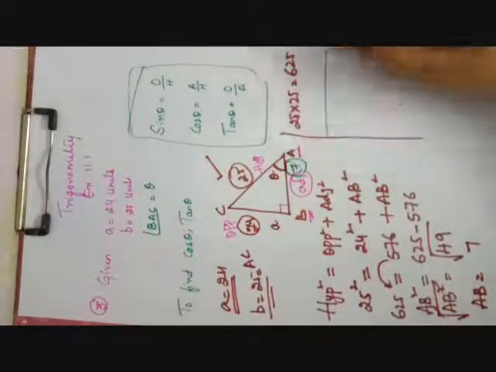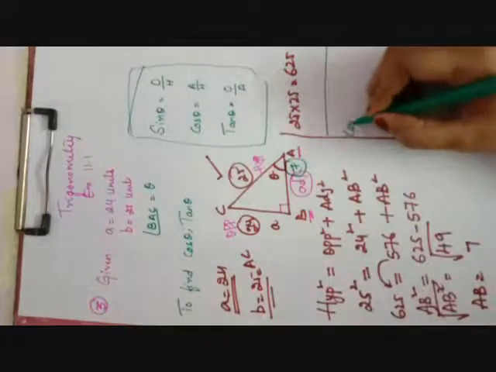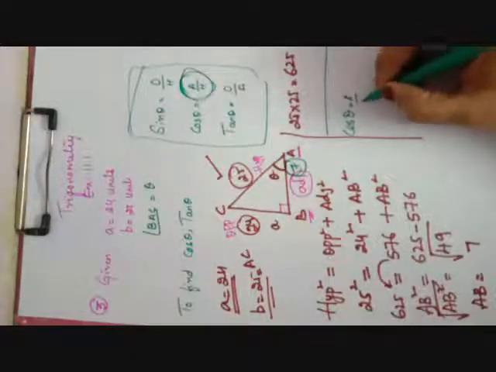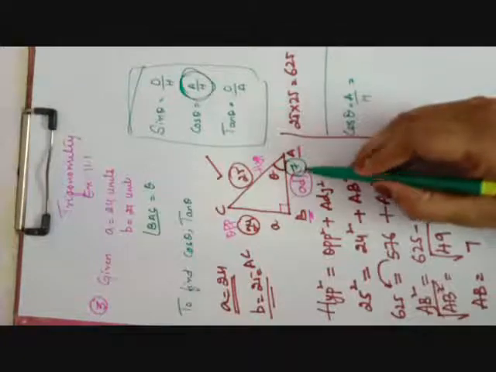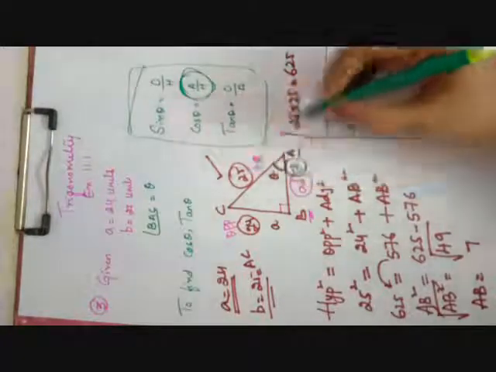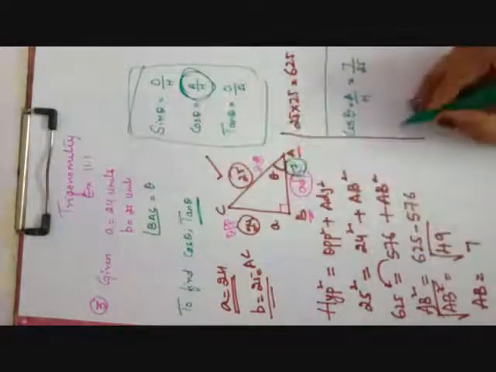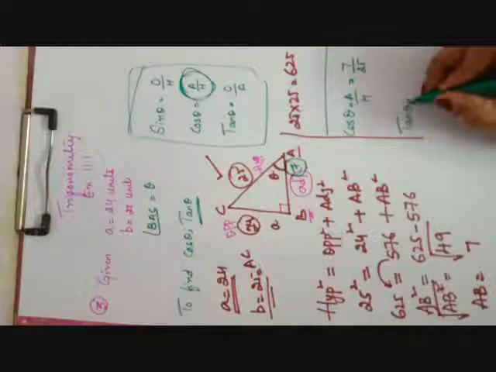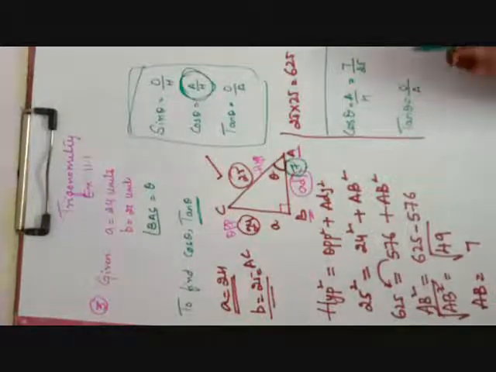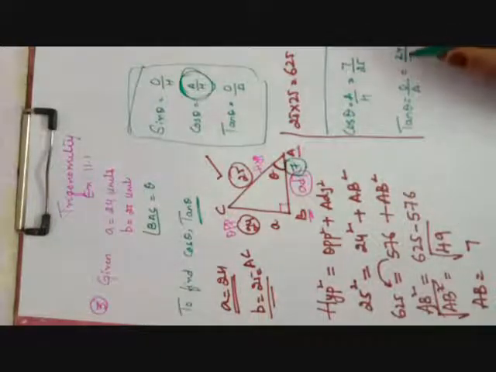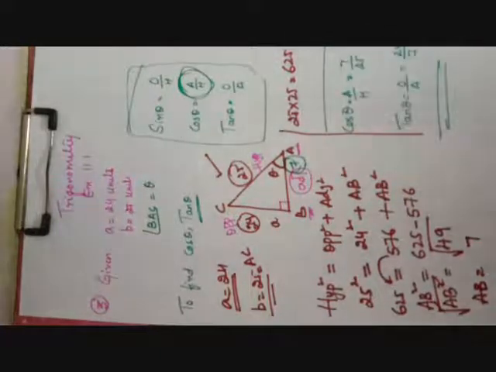What we have to find is cos theta. What is cos? A by H. So it is 7 by 25. Next, tan theta. How do you find tan theta? That is O by A: Old Henry and his old aunt. The opposite value is 24 and the adjacent value is 7. These are very simple problems.